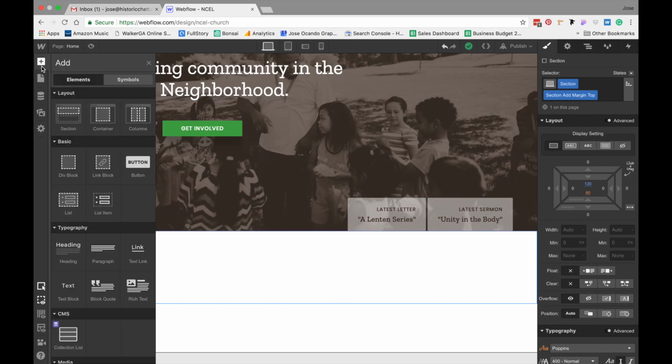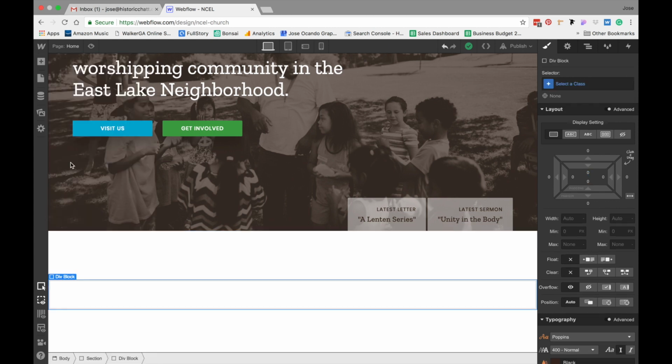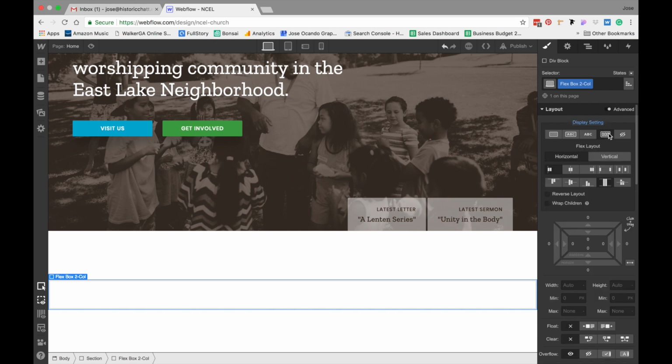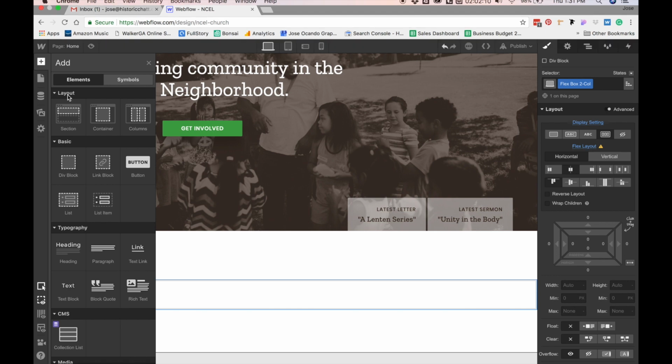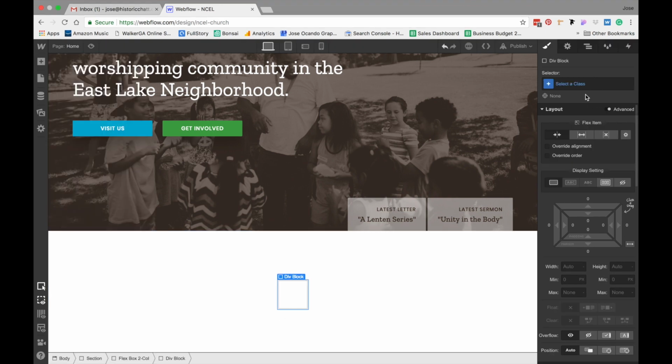So in the section, I'm going to add a div block. And normally I would add a container and then add all of my content within the container, but we're going to constrain the widths of our columns, so I think we can avoid that for now. All right, we're going to name this Flexbox 2 columns. Go ahead and set the display setting to Flexbox. We want it to be horizontal, but we want the columns to be aligned to the center of the page and to the top. Next, I'll add a fresh div block, and this one I'll call flex 2 column child,